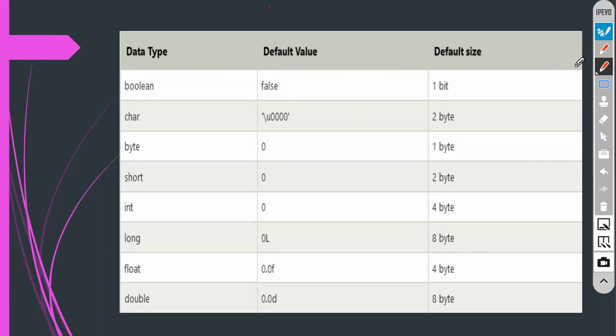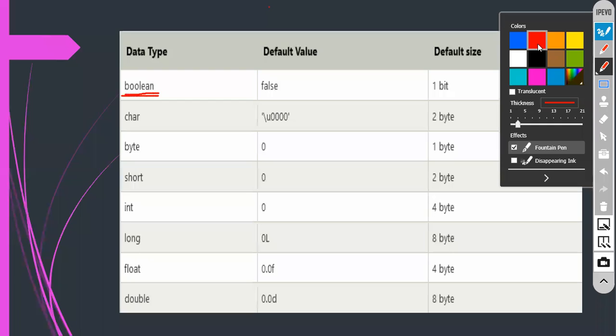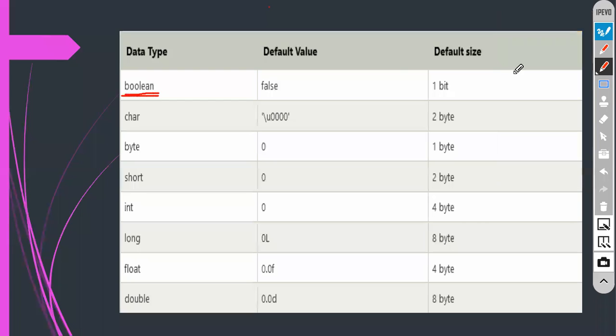Okay, fine. No problem. What you need to understand here: when it comes to Boolean, guys, please be careful. I am going to explain very neatly and very clearly. Please observe here. Boolean is basically a data type. Clear, everyone? Boolean is a data type here. So what happens here? Very simple. Basically the default value will be false.